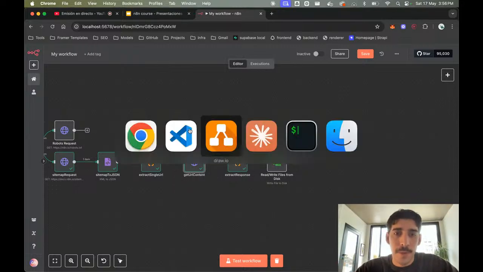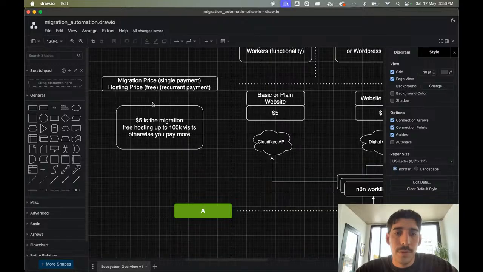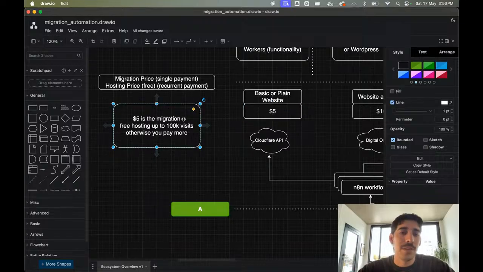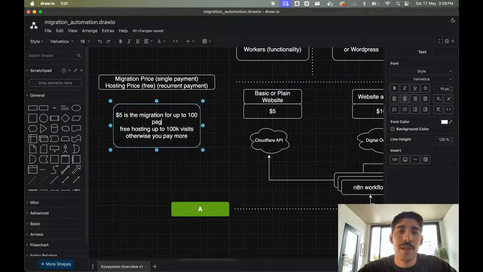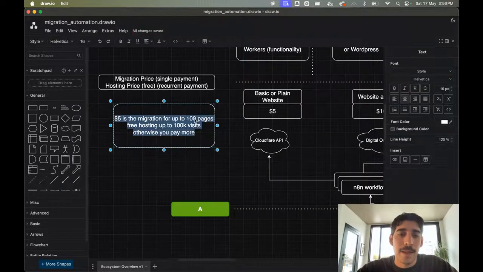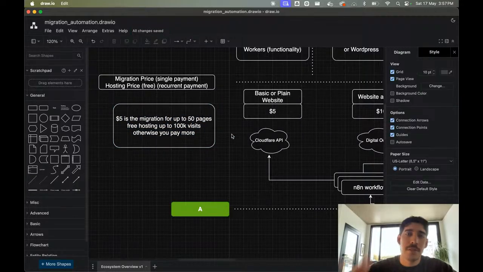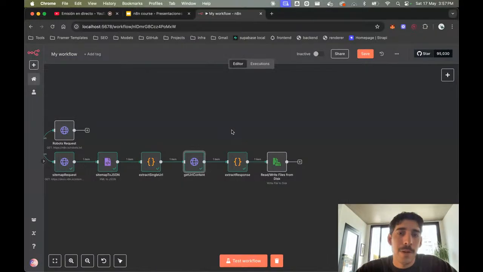Maybe the number of websites that you are going to crawl has to do with the type of website or the price, or maybe the $5 is the limit for, say, up to 100 pages or less. Make it 50. So that's something interesting that started to show up right there. How do you think about it?